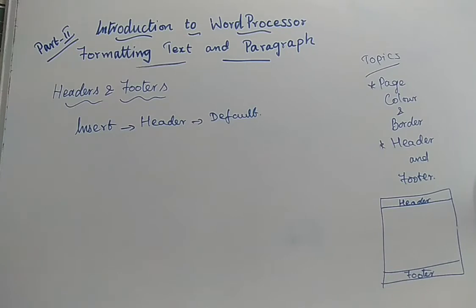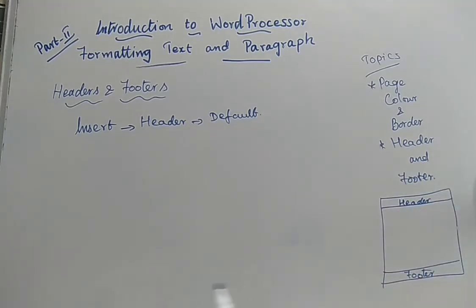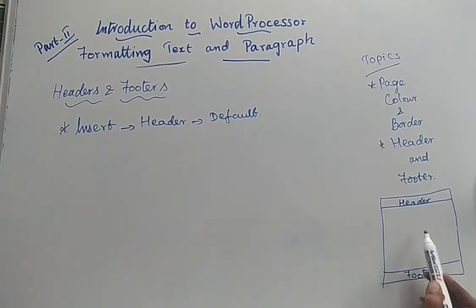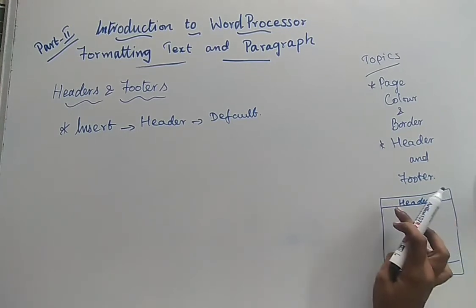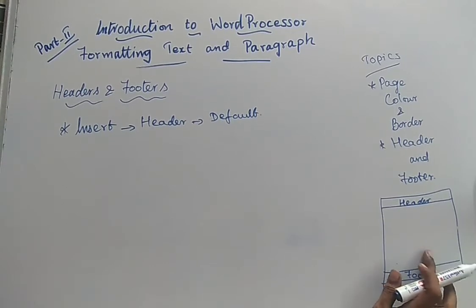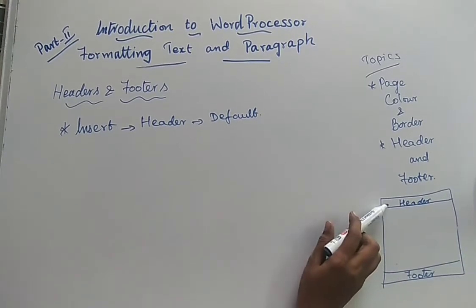So automatically the header part will be separated from the normal text in your document. So this is your normal text area. So the whole thing is your text area. After you are following this procedure, what is going to happen? Yes, there is a separation. Here you are having a line, no? So like that, this header part will be separated from the original document area. That is your original normal text area. It will be separated.